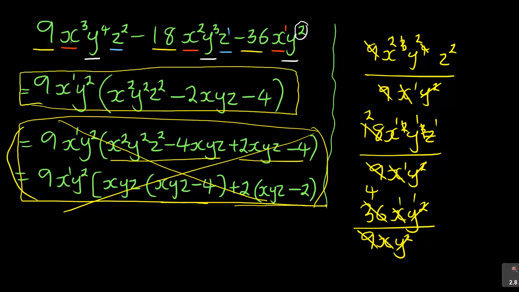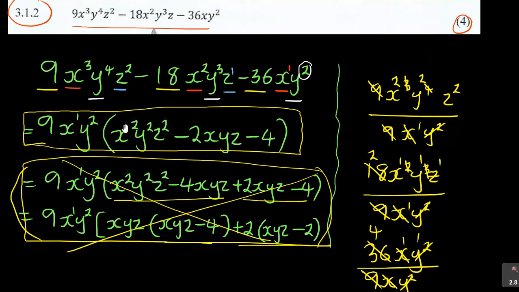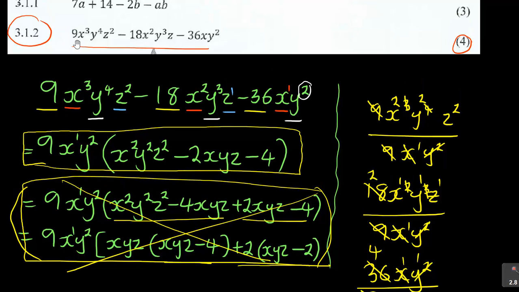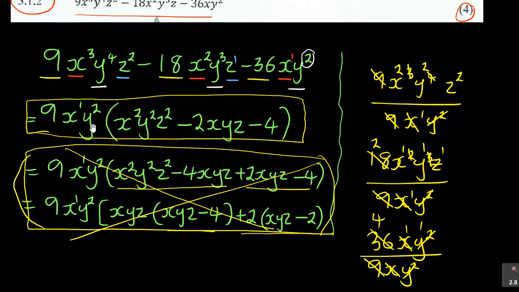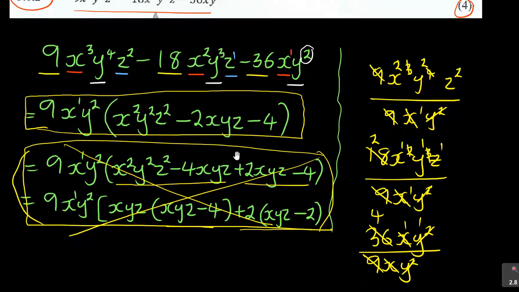Okay, so because it is 9 and the x1, that is if I didn't change anything in here, it was the x, it was the y squared. So yes, that is fine. So with what I'm having here, this then becomes the final answer. In my mind, I thought this was supposed to continue, because the 4 marks that they were giving, they wouldn't be giving the 4 marks just for that. So it seems that is that.